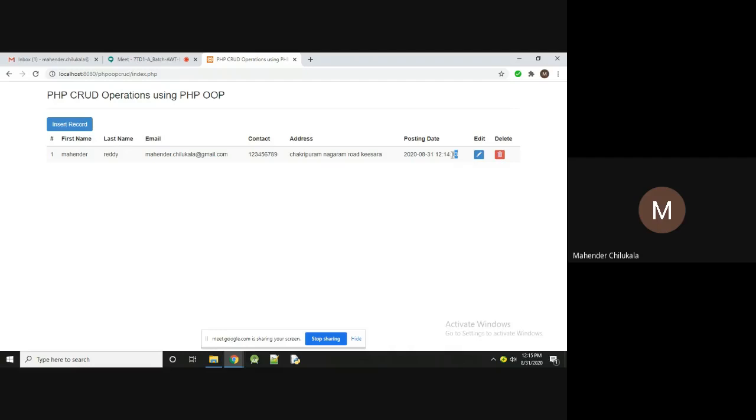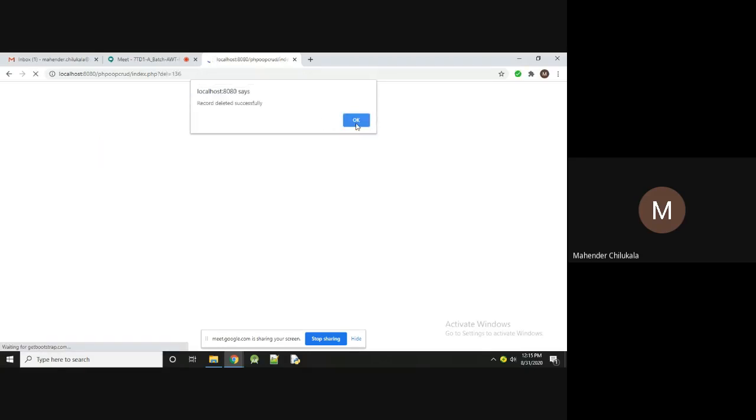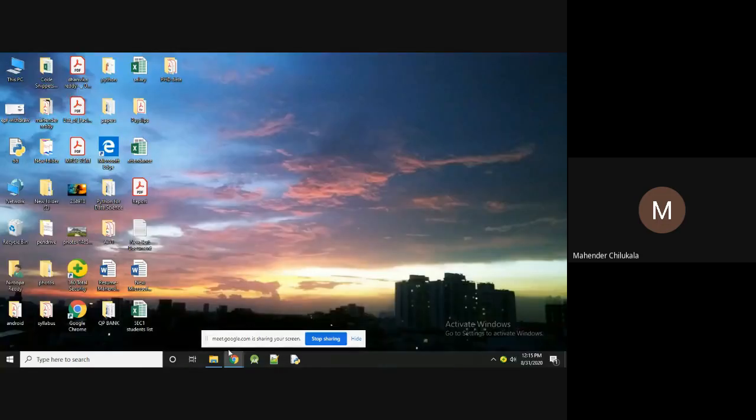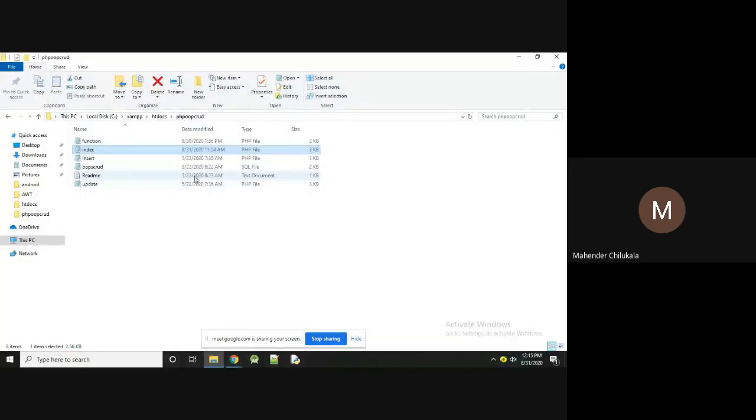This is a posted timestamp. Initially when we posted the initial details, that is a timestamp, and then we updated. So at 15 minutes, but it shows 14 minutes, that is the inserted record time. If you want to delete, then it asks to confirm that you want to delete. Now it is deleted, so it shows empty. Now I'm going to explain that one by one.